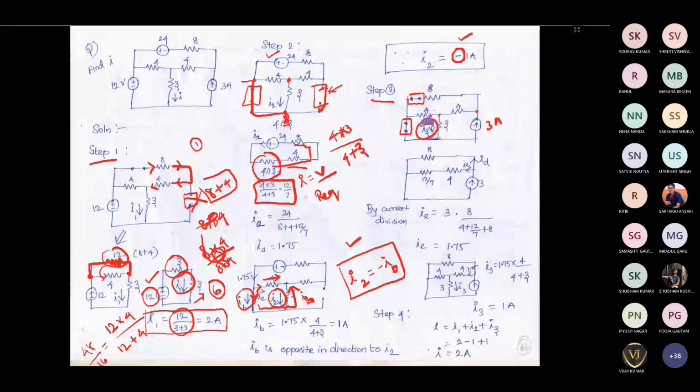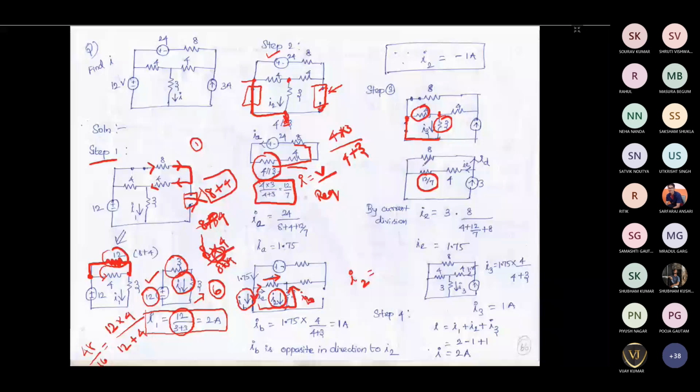Okay, so now in this circuit, again, it is very clear from the circuit that this 4 ohm resistor and this 3 ohm resistor are in parallel, because both the starting points and ending points are the same, and there is no voltage drop between any of the terminals, top terminal or bottom terminal, right? So you can say that these two resistors are in parallel. If you find the equivalent resistance of that, you will get 12 divided by 7 ohm.